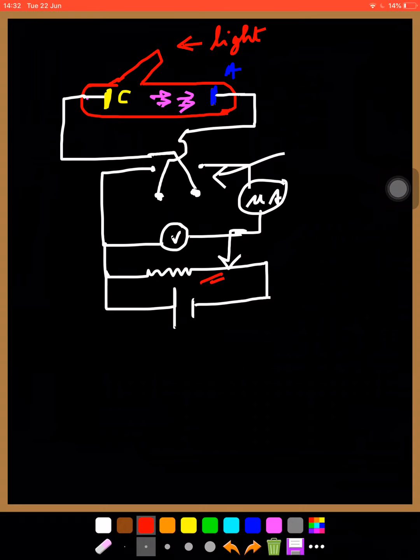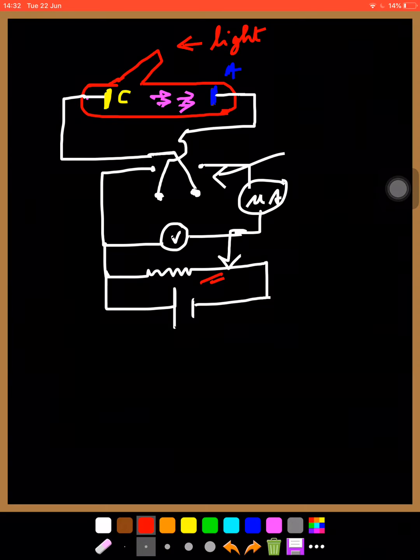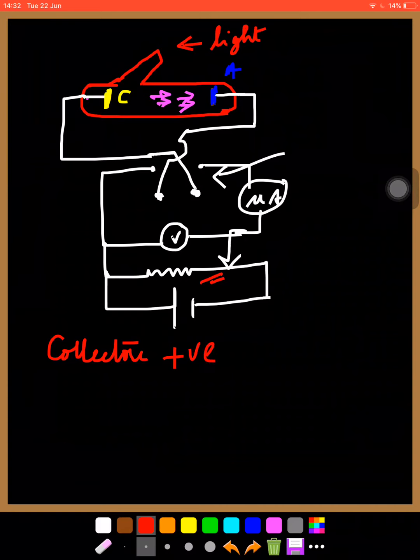Light is allowed to fall on the cathode and an electron is emitted. Then it is collected by the anode. Anode is the collector. And at first we are giving positive potential to the anode. That is, the collector is kept at a positive potential. Electrons are arriving and electrons feel a force of attraction when the collector is positive. That is, electrons are attracted in this case,